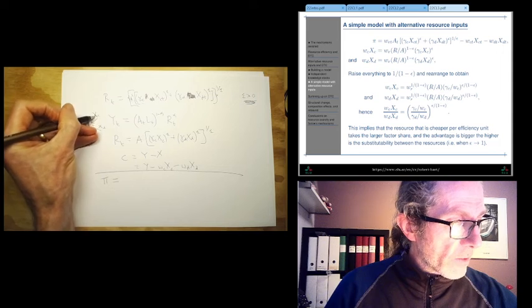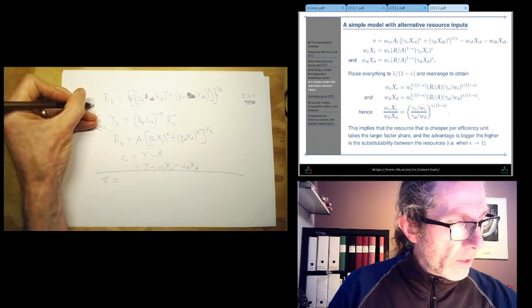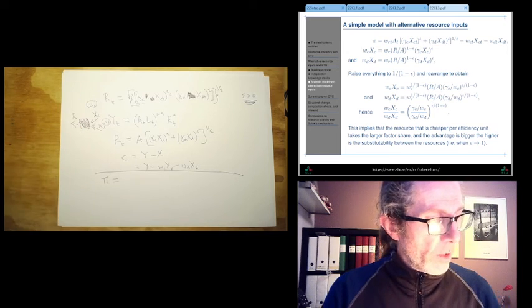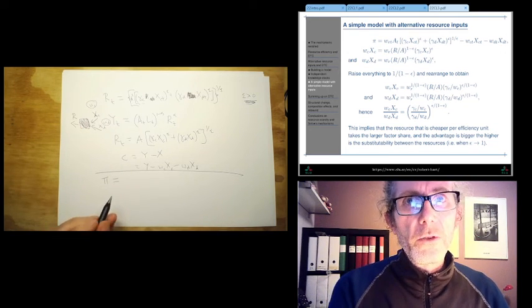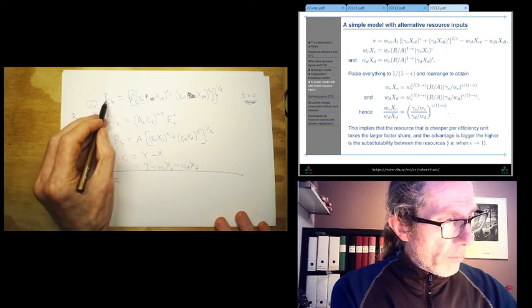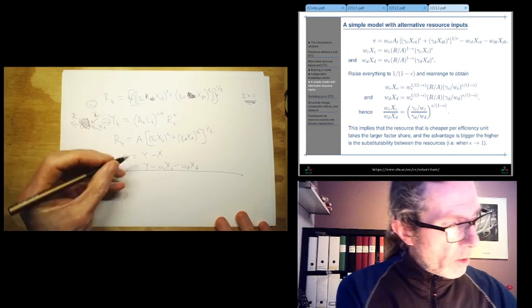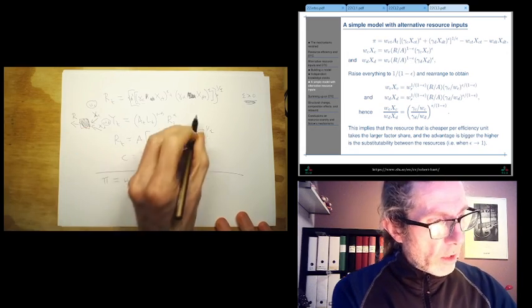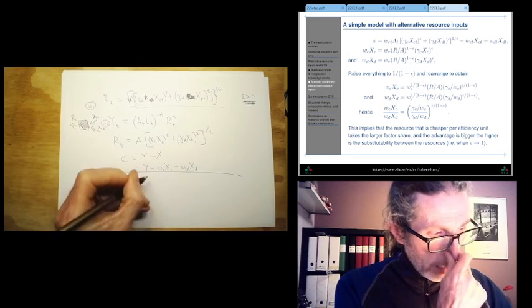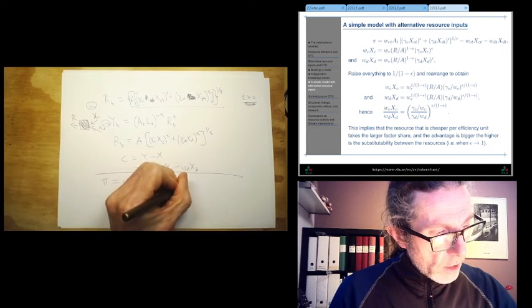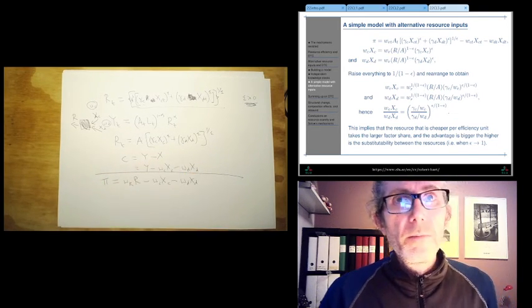The inputs are XC and XD, prices WC and WD. Okay, so the profits are just revenue, which is WR times R, and R of course is given by that, minus WC XC minus WD XD. Okay,